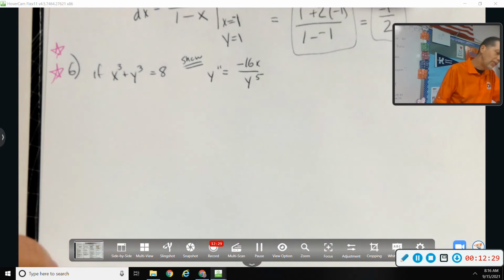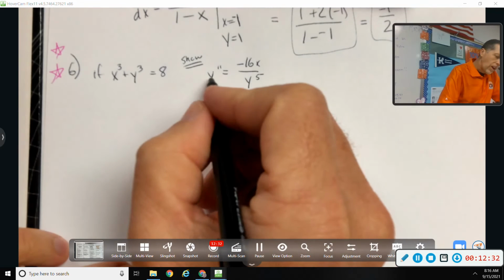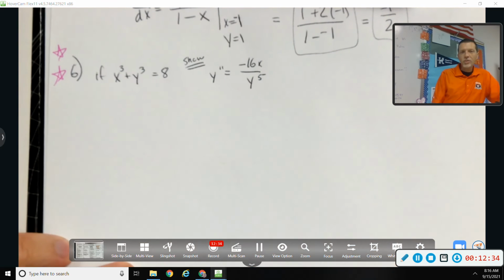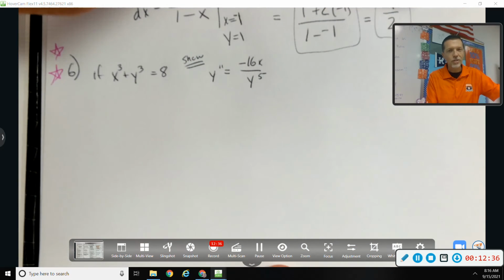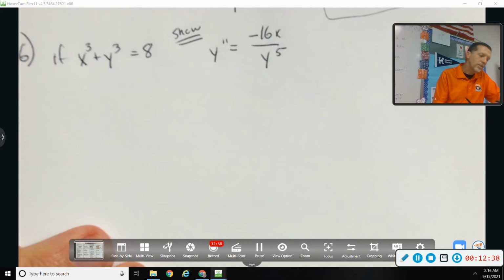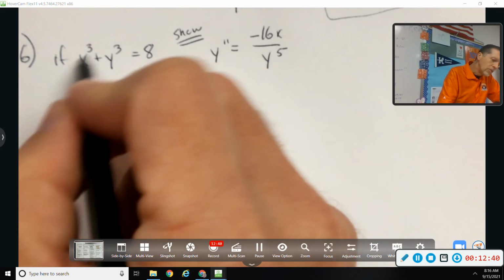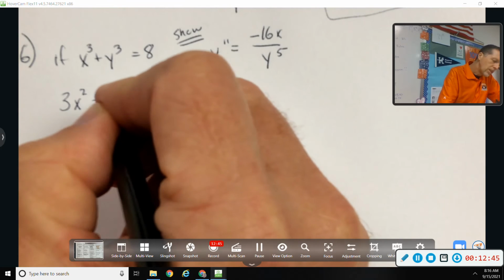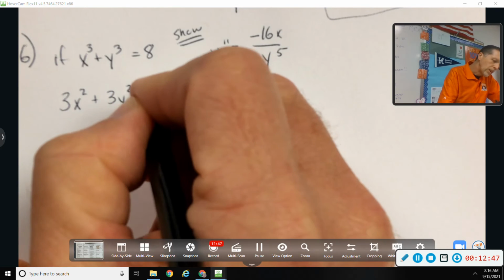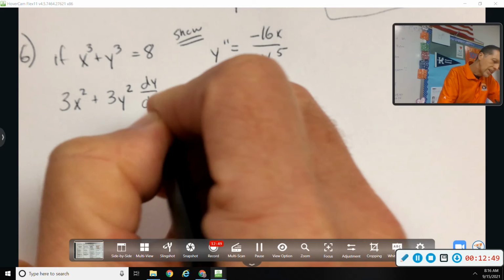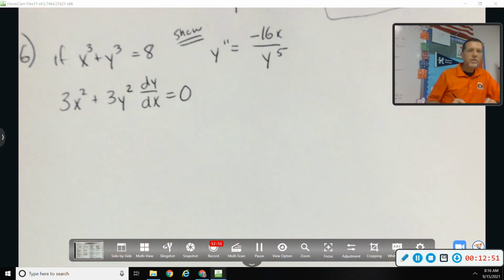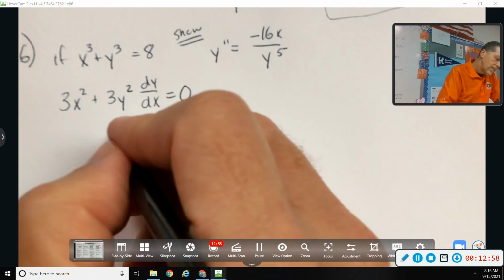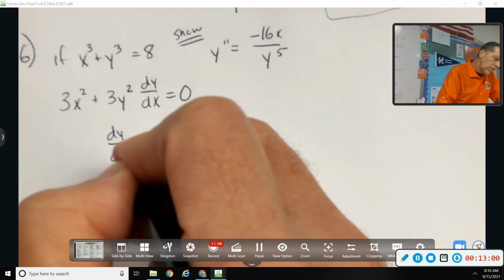Can you get there? All right, well, there's no magic formula to jump to a second derivative. We're going to have to get the first derivative first and then take another derivative. So first derivative, relatively easy, I think. 3x squared plus 3y squared dy/dx equals 0. That's not too bad. So dy/dx equals